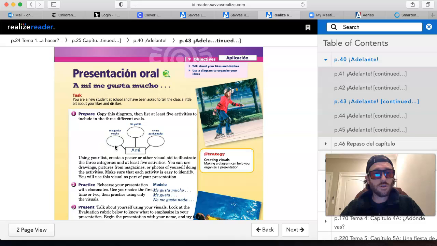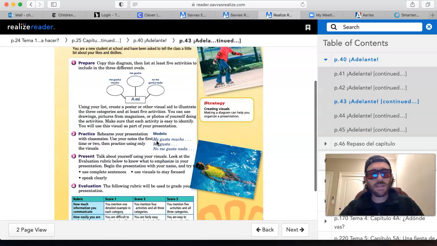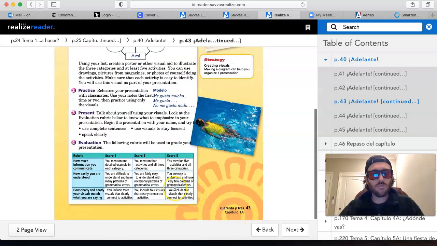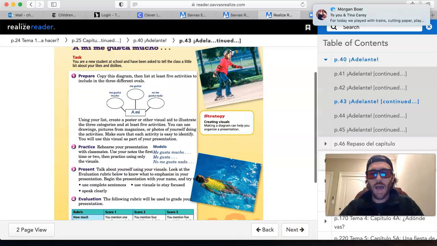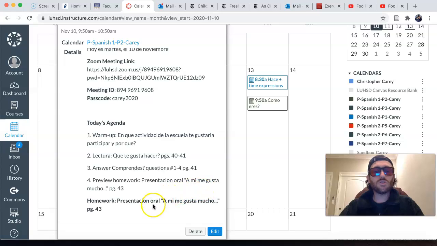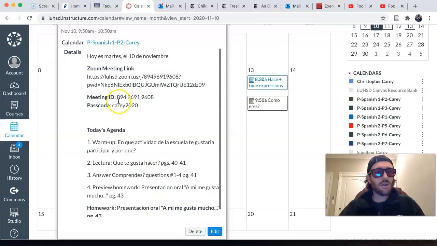And then the written portion, the 5 activities for each of those 3 categories, or create a video, no visual aids needed, no written portion needed, just you presenting orally in video form your answers to these 3 categories. And that's page 43. There you have the rubric for you to kind of guide you through your submission, and that is your assignment due Friday for today's class, guys.